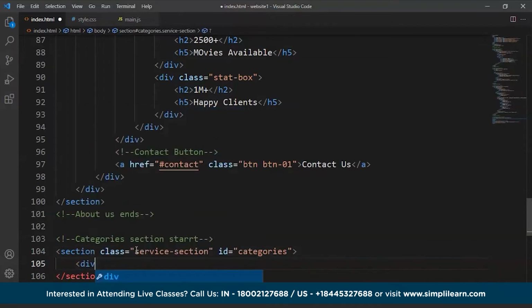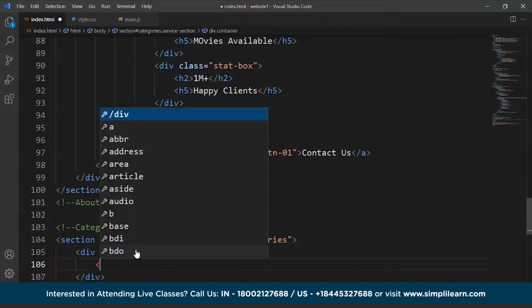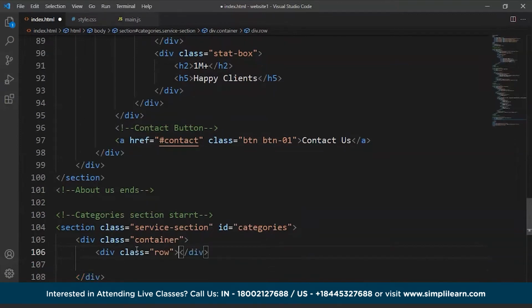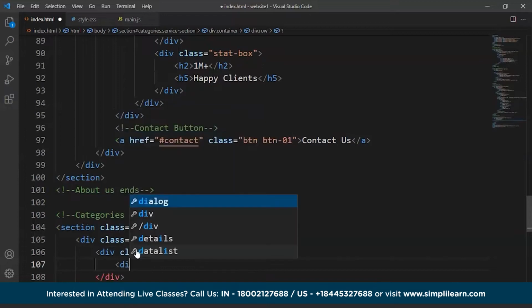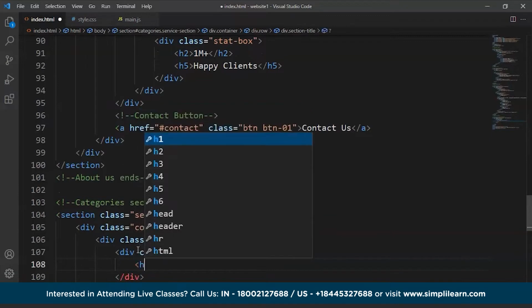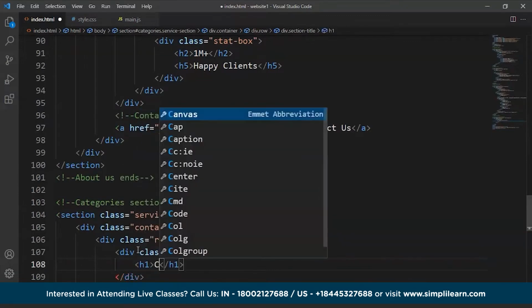Now inside this section tag we'll take a div tag. Div class is going to be container, and inside this we'll take another div tag. We'll write here div class is row, and inside this we'll take another div tag. So we'll write here div class is equals to section title. So we are using all these classes because we'll need them in the CSS part. So what we'll do is we'll write here h1. Now inside h1 we'll write